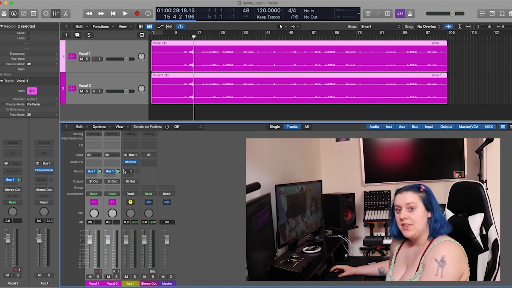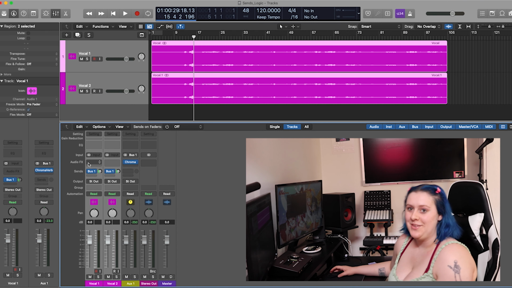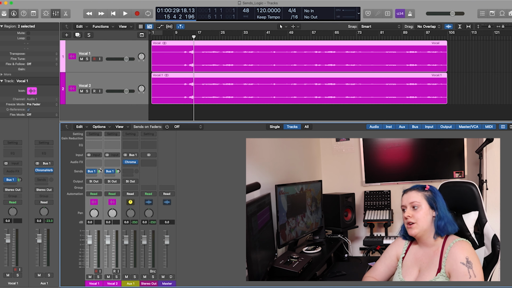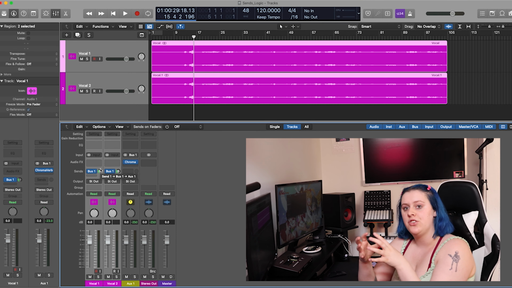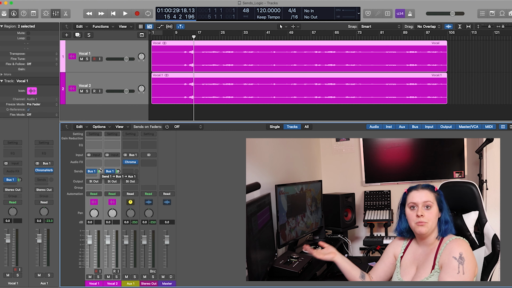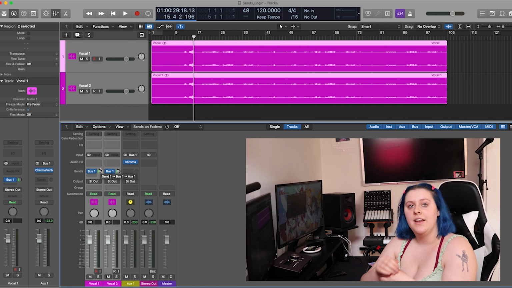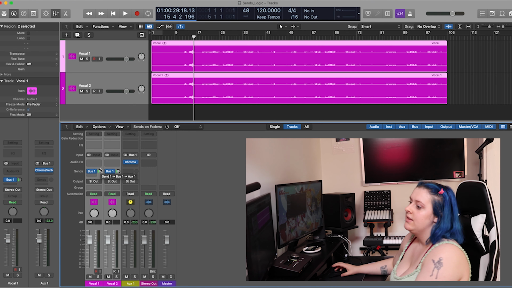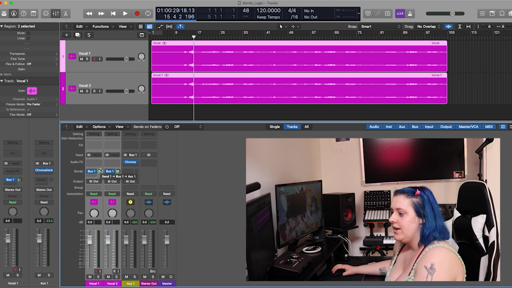But let's talk about the other thing that we can do. There's tons of things we can do with it, but the other main thing is called making submixes in a mix. A lot of people use this technique at the end of mixing to do what they call glue compression, which is taking a bunch of individual tracks, in this case for me it's vocals, and affecting them all together in a submix to make them glue together in a more cohesive way. So I'm just gonna clear what I have right now,